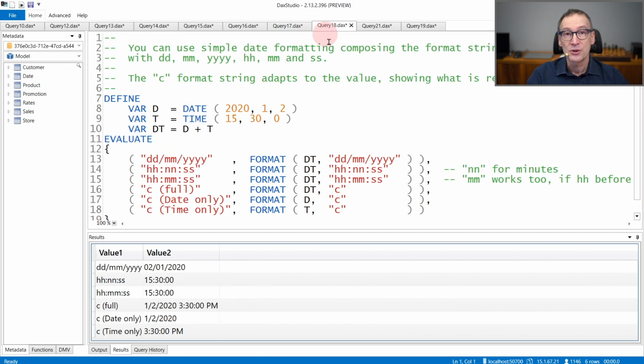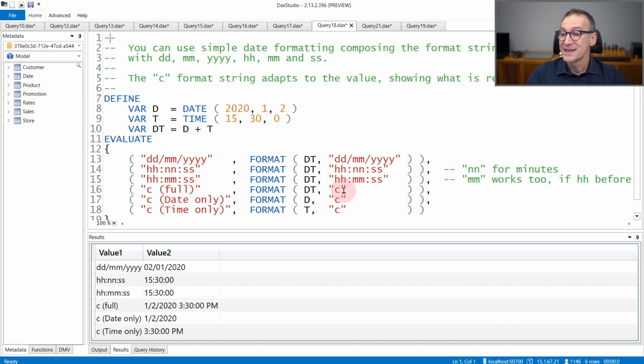As it happened with numbers, you can also create custom format strings for dates. You can use D for day, M for month, and Y for year. And by composing your format string the way you want, you can create different strings for the same data. One important note is about minutes, because the M, which is the initial for minutes, is actually used for the month. The standard for minutes is N. Nevertheless, in order to make format strings easier to author, M works as minutes if it is prefixed with HH. So HH:M works even though you should use N for minutes.